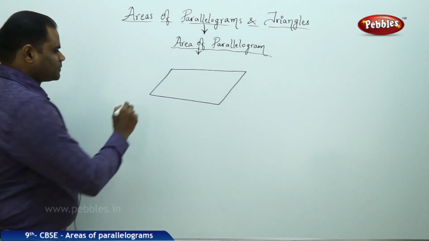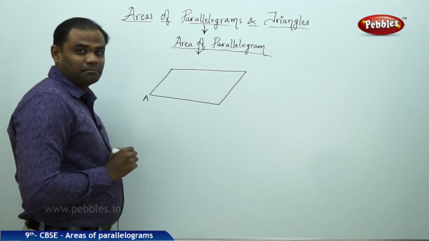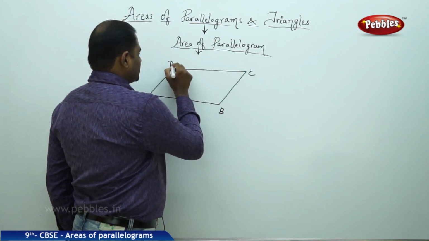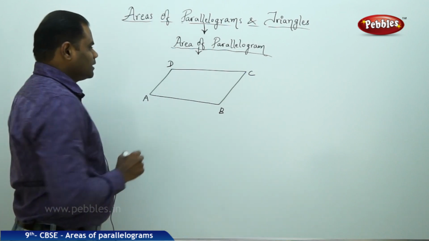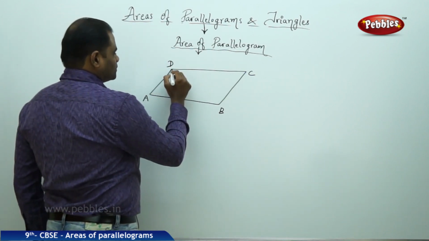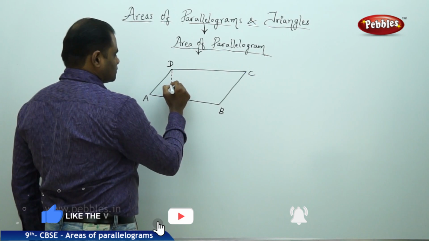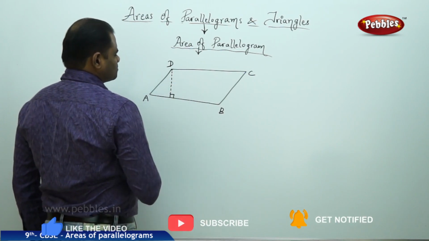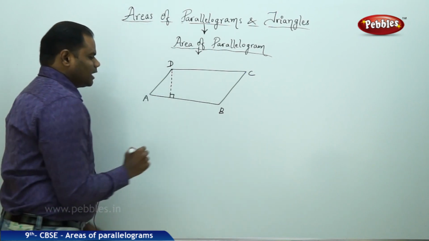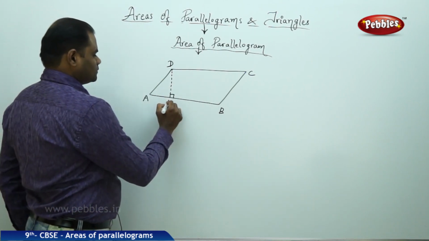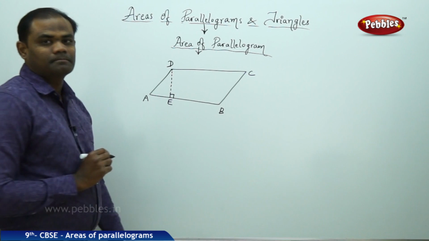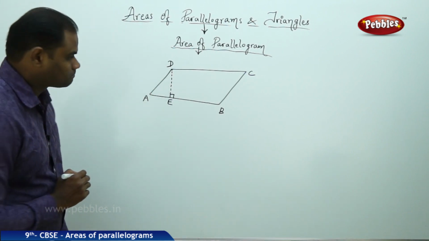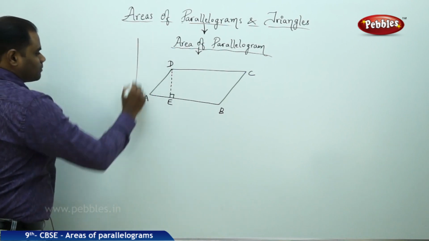Here is my parallelogram ABCD. Let me drop a perpendicular from D such that this forms a perpendicular, and this is the height of the parallelogram. So this is called the height of the parallelogram. So in parallelogram ABCD,